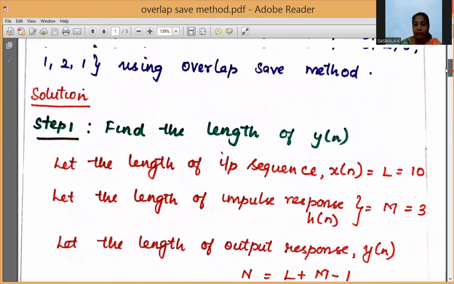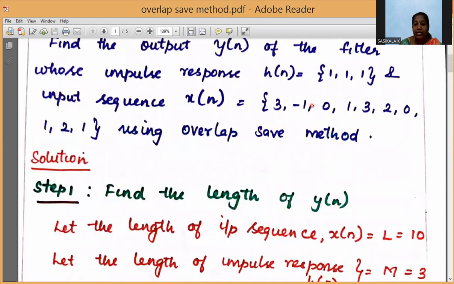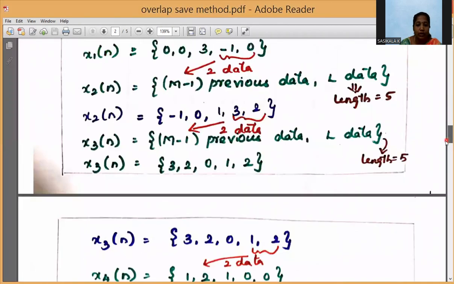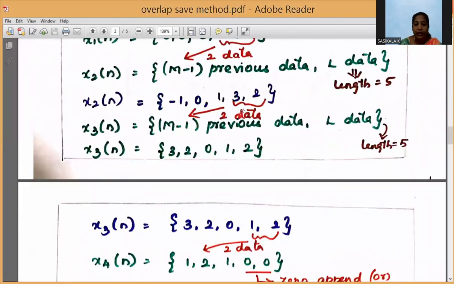The remaining 3 data means already 3, minus 1 and 0 have been taken for x1 of n, and for x2 of n we have taken 1, 3 and 2, and for x3 of n we have to take 0, 1 and 2. Okay, now x3 of n is equal to 3, 2, 0, 1, 0